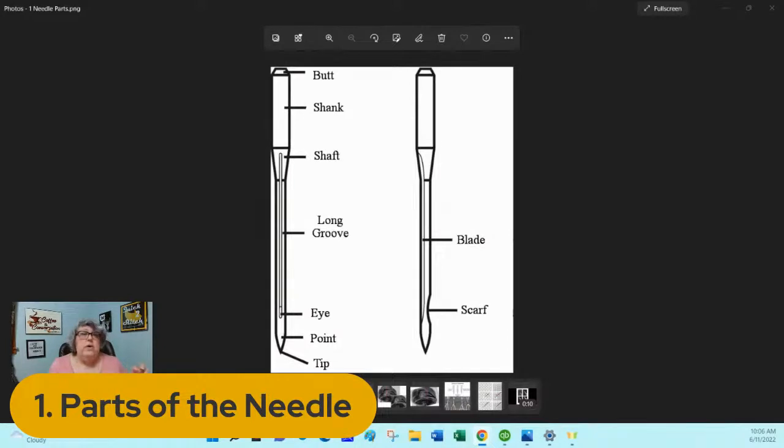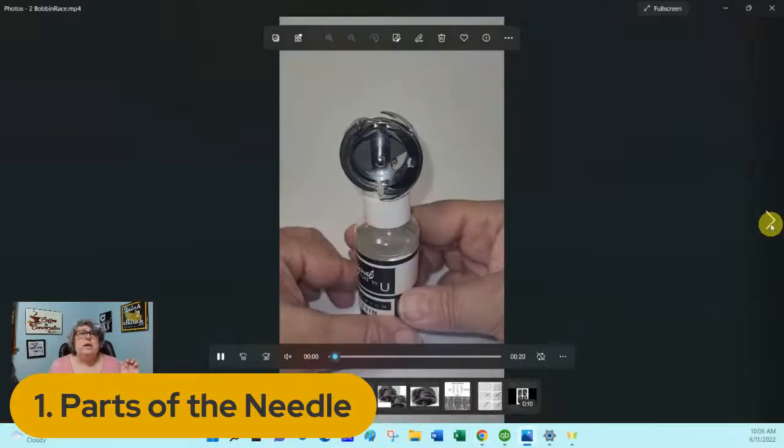Now, on the back side of the needle, I want you to see this scarf right here, this little cutout. This little cutout is very, very important. It's very important because at the bobbin race, which is where your hook is, that's that whole piece. In fact, let's watch this for a moment.